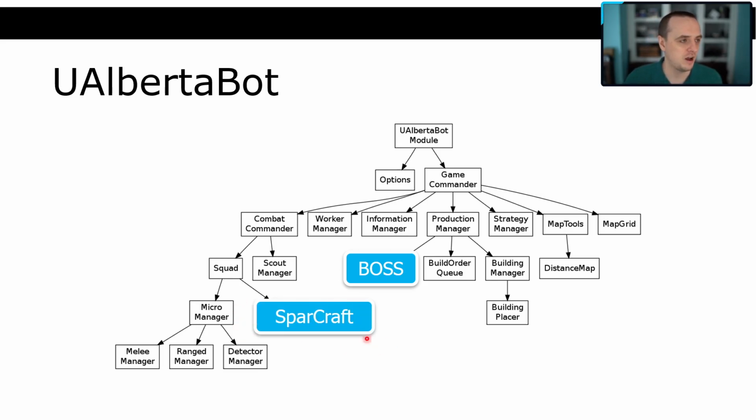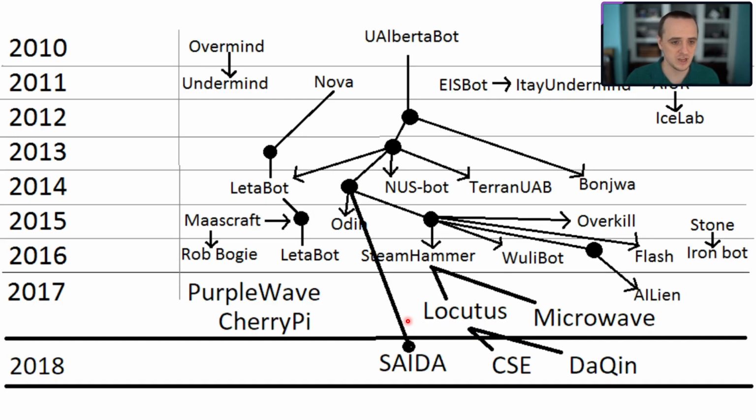Then all this combat stuff, all these formulas and guesses and hand codings of attack timings that were in the bot, I replaced with the StarCraft simulator. And then the strategy manager was replaced with the UCB1 algorithm for deciding on strategies. So over the course of my PhD, I started out with this completely rule-based solution that was kind of dumb, and then took these individual modules and replaced them with more intelligent AI-based systems. And apparently it worked pretty well, because a lot of people ended up building on UAlberta-bot.